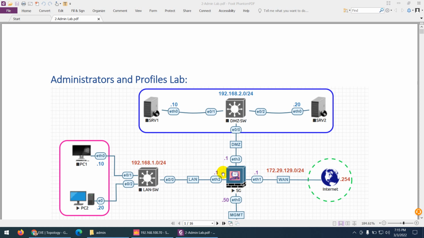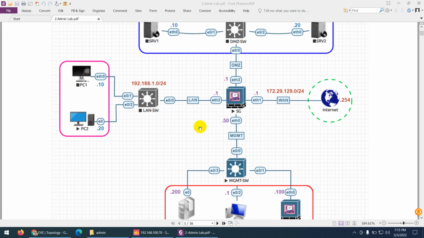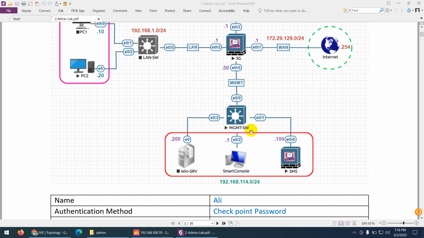In the previous video we discussed theoretically what an administrator account and a permission profile are. Now let's do the lab. This is our topology which we used previously as well. We have a DMZ zone with 192.168.2, a LAN zone 192.168.1, and a WAN zone 172.29.129 with /24, all these three subnets. And we have a management subnet with